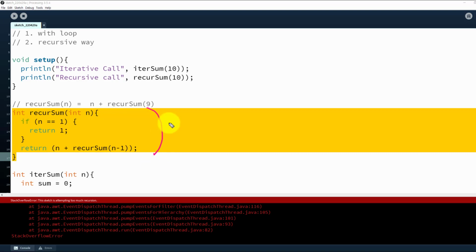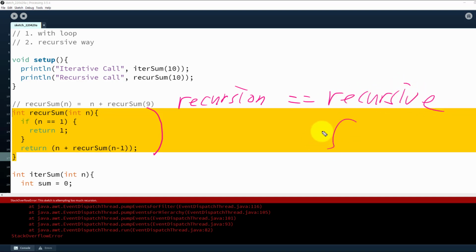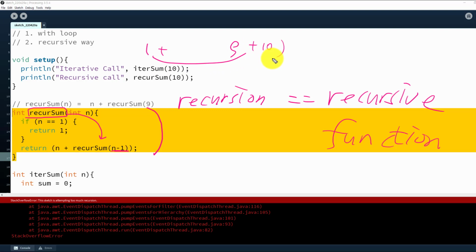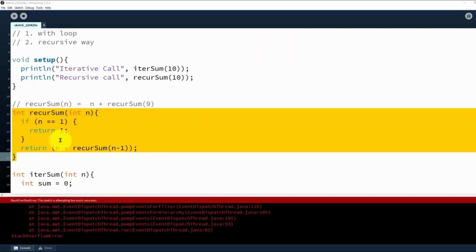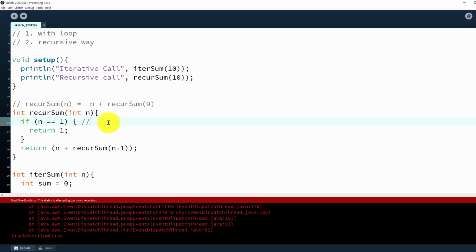So this function is called recursion, or a recursive function. What does it mean? This recursive sum function calls itself, right, with different parameters. So the sum from 1 to 10 is the same as the sum from 1 to 9 plus number 10, right? So this kind of function is called a recursive function. But the most important thing is the basis condition. So this if statement is called the basis condition,